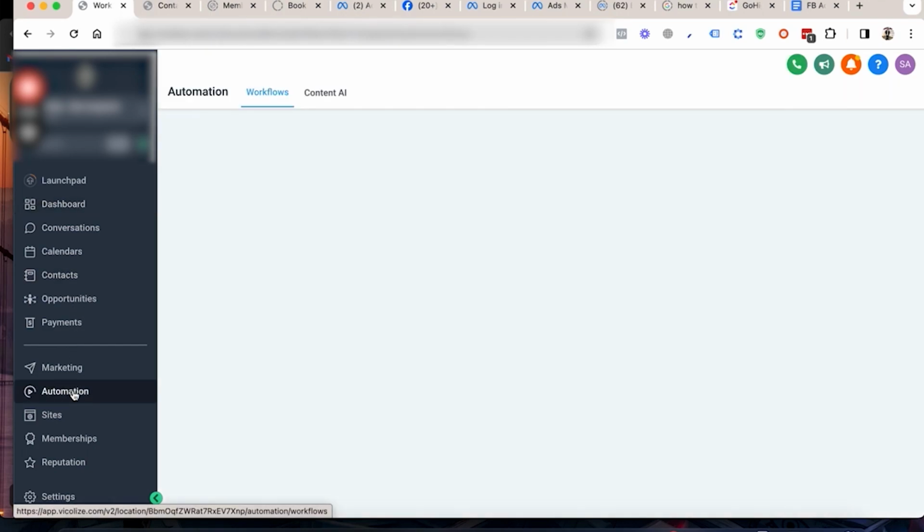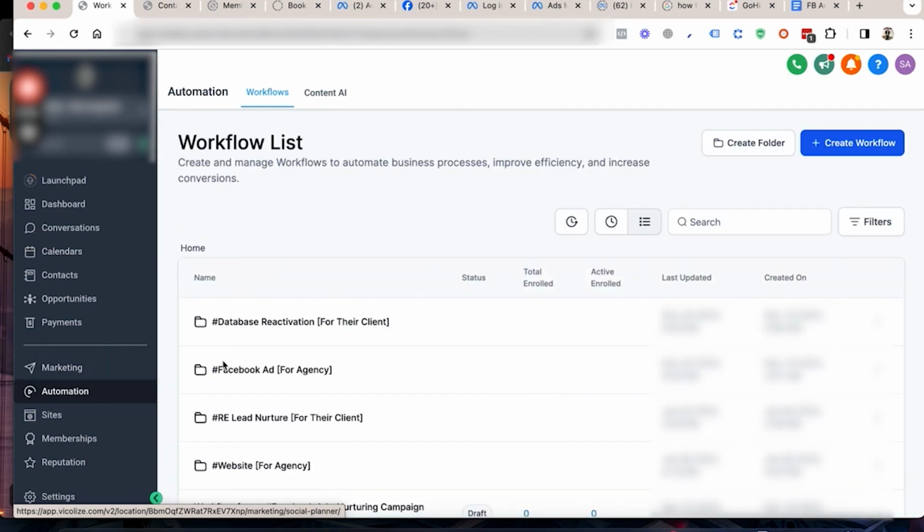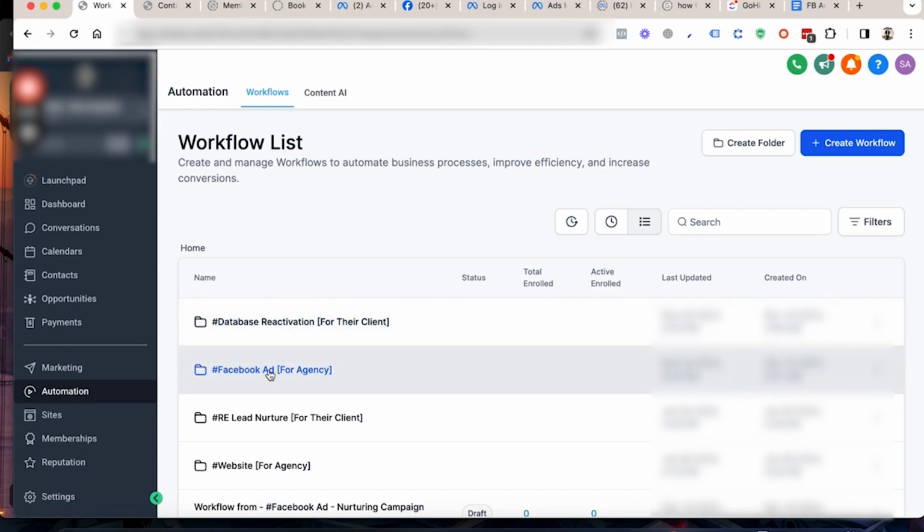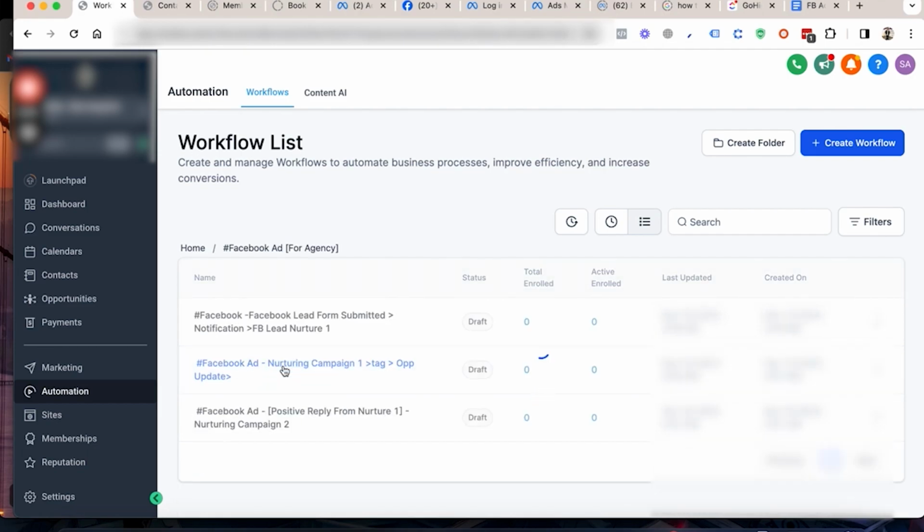Once you have loaded the snapshot, you open your account and go to automations. You will see two folders in there. This one, Facebook ads for agency, and database reactivation for their client. So you can do this later. I'm only gonna show you what updates you need to do on Facebook ad. So click on this, open these